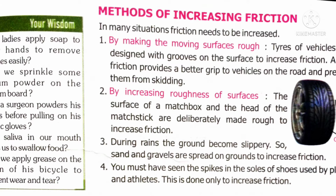Now you tell me how to increase the friction. We have to make a rough surface, so friction will be increased. There will be a proper grip between 2 surfaces, so the object does not move. That is the reason there are spikes under the soles of shoes, which help the athlete to increase